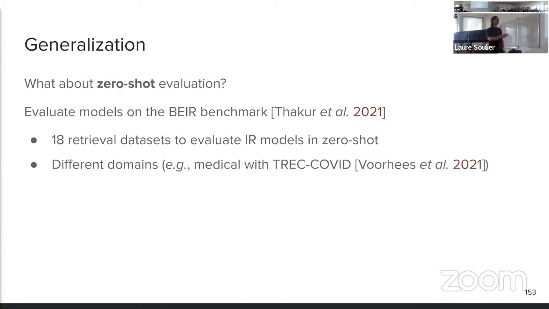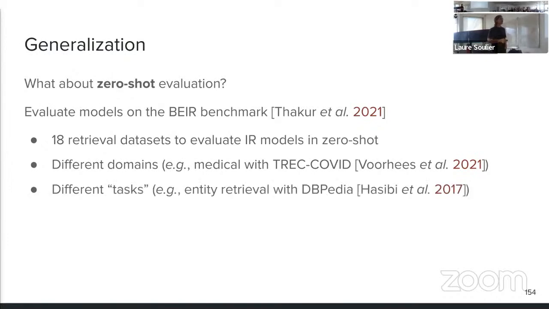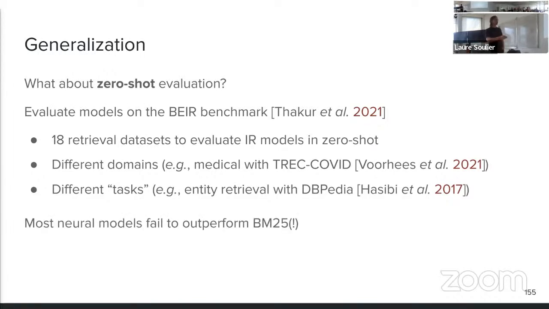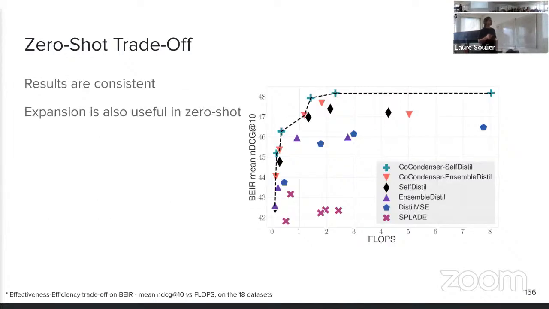So for instance, we have different domains, such as medical retrieval with TREC-COVID, but also different IR tasks, for instance, entity retrieval. And what they showed in the BEIR paper is that most neural models fail to outperform an unsupervised lexical approach when you go out of domain.